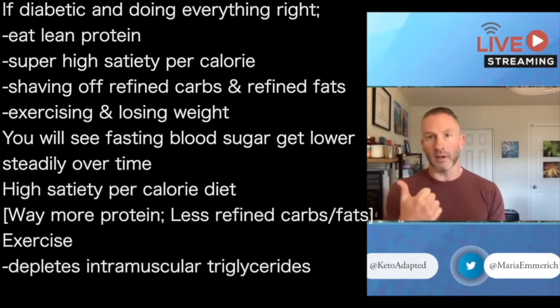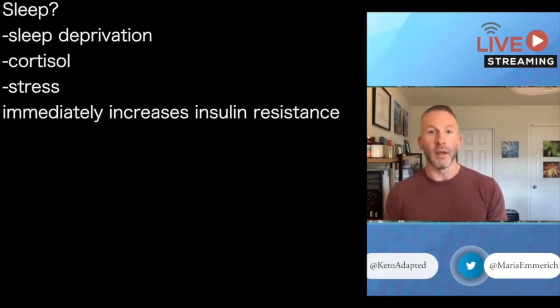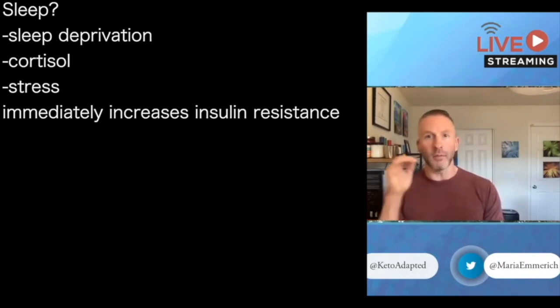And that's a higher satiety per calorie diet, which is usually way more protein and way less refined carbs and fats, and exercise to deplete intramuscular triglycerides and stuff like that. Just sleep deprivation will immediately increase insulin resistance and cortisol and stress and all these things. So there are all these other factors. But it's true that if you're doing everything right over time, you should see your fasting blood sugar go down